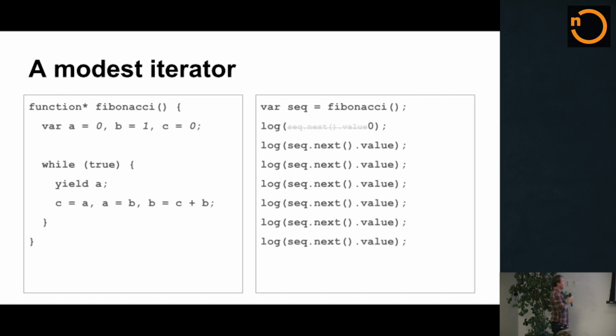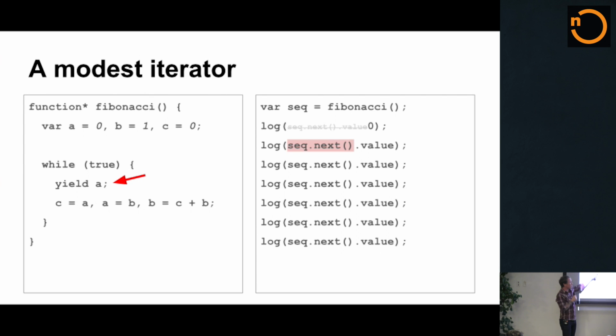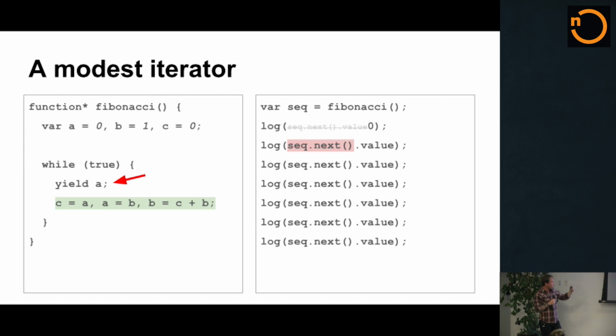So using substitution, just as a thought exercise, A was equal to 0 the first time around. So when we yielded control from the generator function back to our regular code, the value of A substitutes in for the value on the right-hand side. So then we move down to the next line. We call next, and we re-enter our generator function immediately after the yield point. So not at the end of the line, but immediately after this expression A right here on the right. So then we move down to do this assignment, C equals A, A equals B, B equals C plus B, moving to the next number in the Fibonacci sequence.